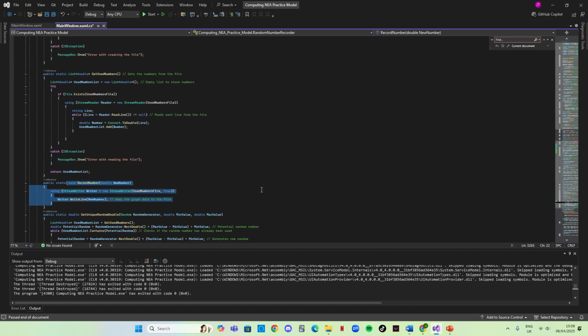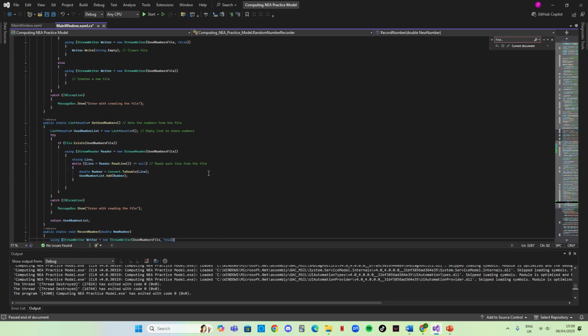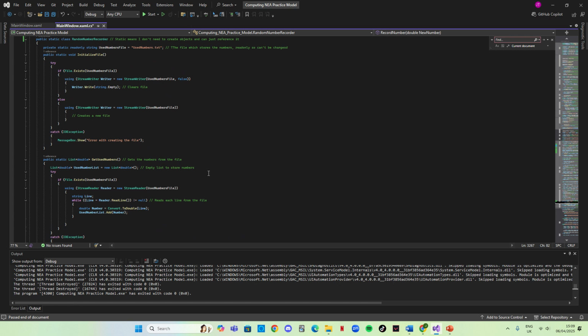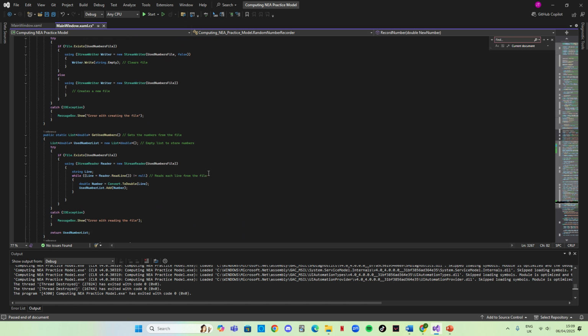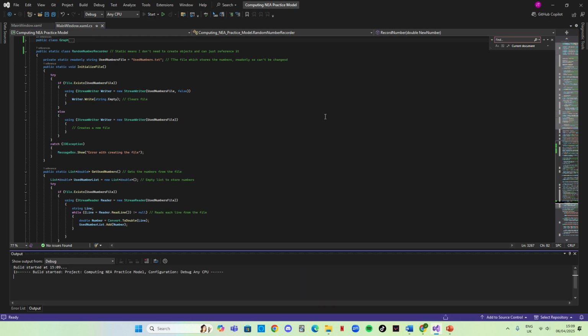So that actually adds the data to the file, and then yeah, let's show it in action. I think that's covered everything. So